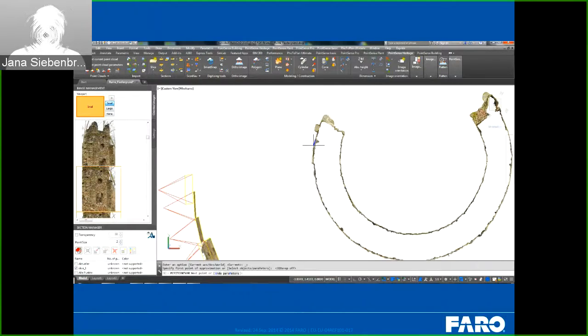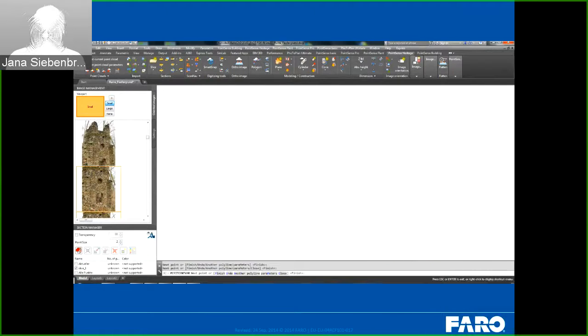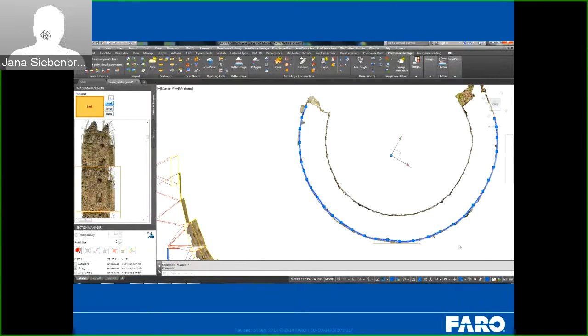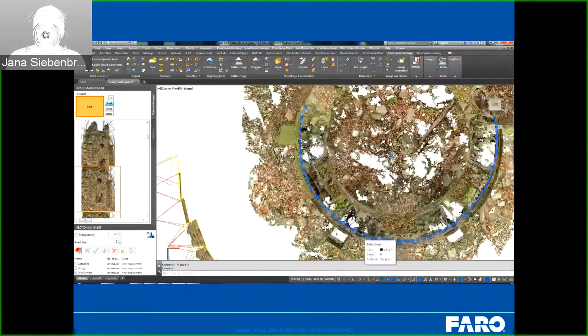So we have defined a slice and we fit a polyline to this point cloud slice. This is in time-lapse mode. And once we fitted the polyline, we can use this to create a